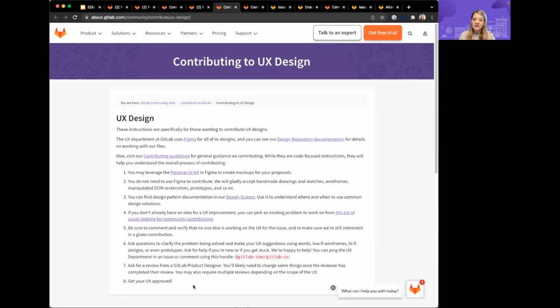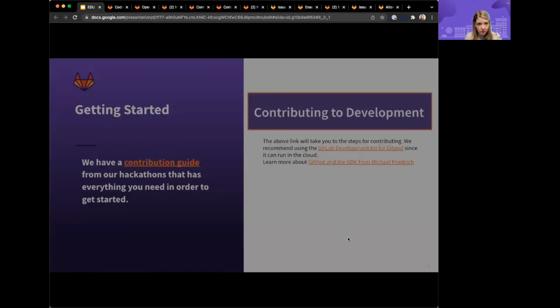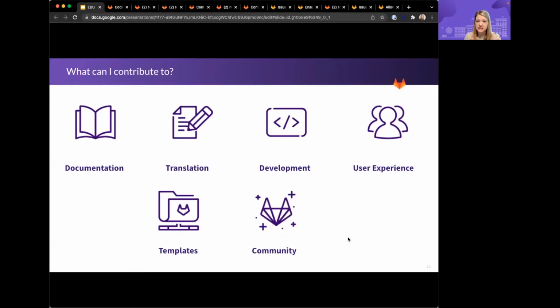So I think this points back to why contribute to open source: there's a lot of different places for you, depending on your skill set, your interests, and the level at which you want to contribute. So we hope that this guide really helps you find the place that's appropriate for you to contribute. And again, I just put this in here because you'll have the deck and it summarizes all of these different ways to contribute.